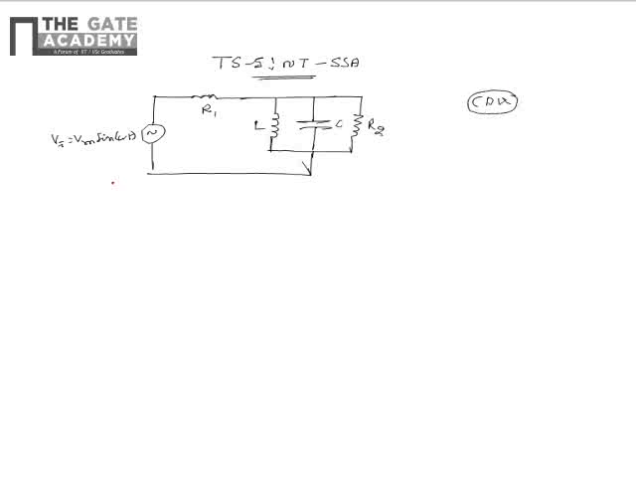As a solution to the first part of the common data question, we have found that as seen from the source, the impedance is minimum at omega naught equal to 1 by root LC. That is, if the circuit is operating at a frequency of omega naught equal to 1 by root LC. Now, as a second part of this question, we need to find the current delivered by the source at this frequency. So, upon redrawing the equivalent circuit, we see that